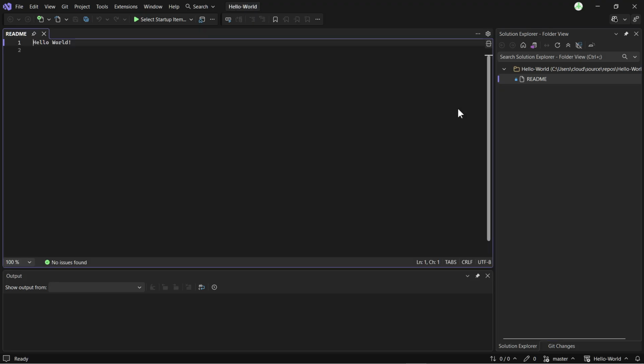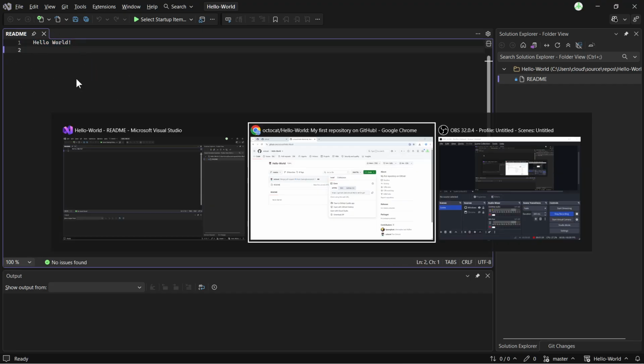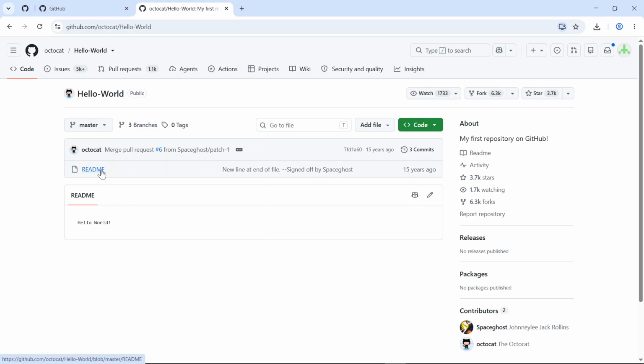Lastly, let's confirm the cloned files are working correctly. Look at the Solution Explorer panel on the side of Visual Studio. Under the hello-world repository folder, find the README file and double-click it to open it inside the editor. The editor will display the text Hello World, and that confirms Visual Studio successfully opened the local copy, pulled down